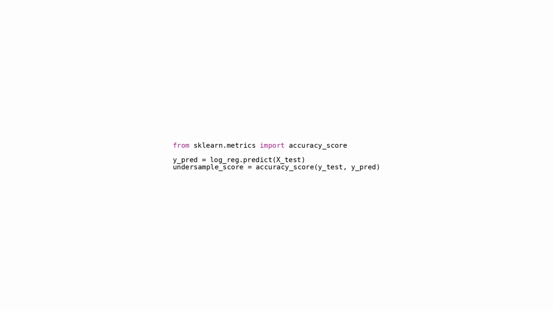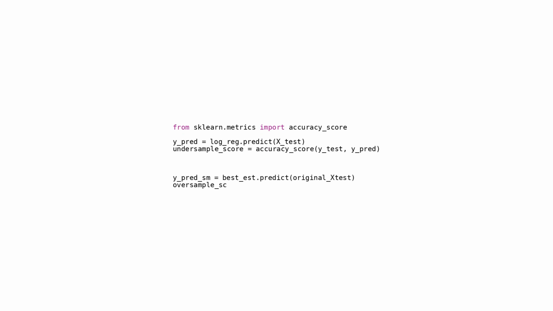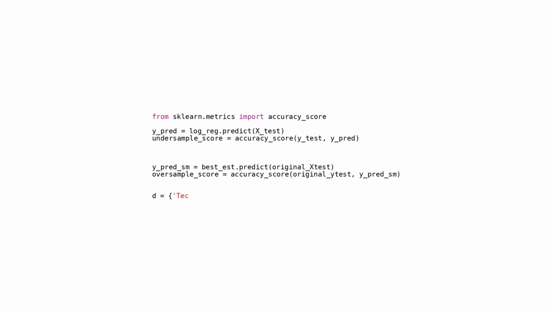This text describes a process for calculating the accuracy scores of two classification models applied using different sampling techniques: random undersampling and oversampling, SMOTE. 1. The accuracy score for random undersampling is determined by comparing true labels y_test with predicted labels y_pred obtained from a logistic regression model log_reg. 2. The accuracy score for oversampling, SMOTE, is calculated by comparing true labels original_y_test with predicted labels